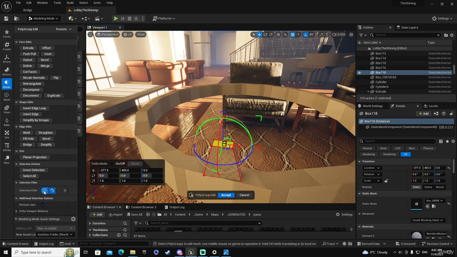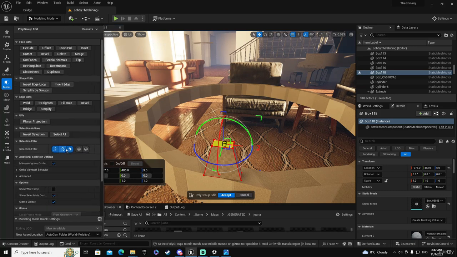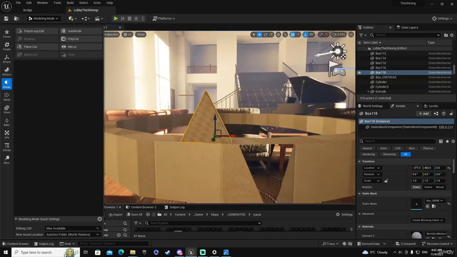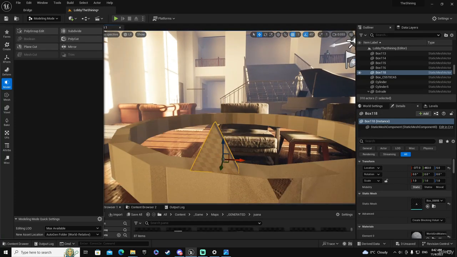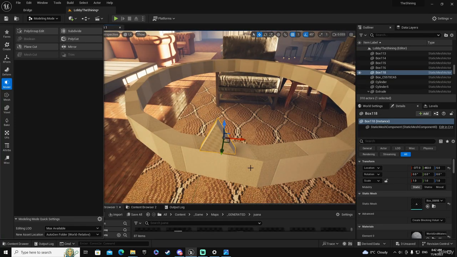I just want to take the sides. Let me move it one. Now let me move this one as well. One. Good. In fact, you know, what I'm going to do instead of this one, I'm going to leave this one